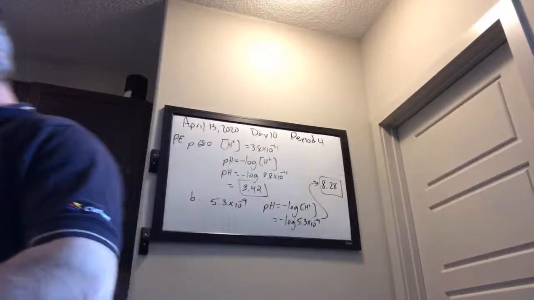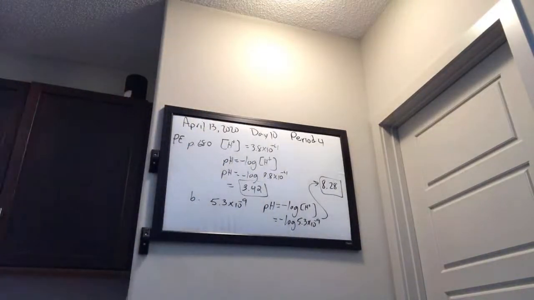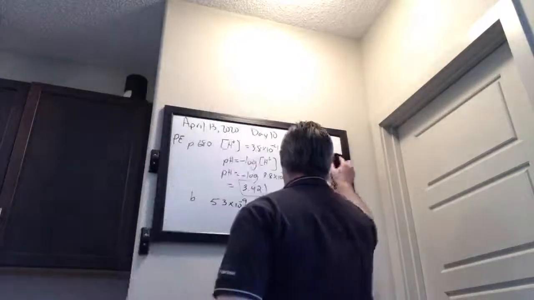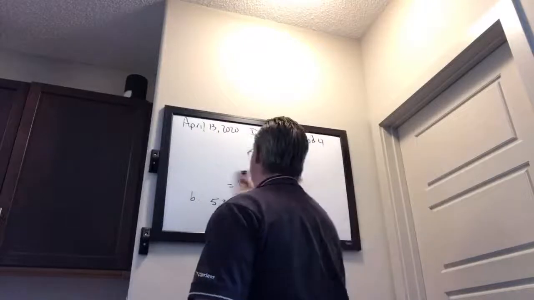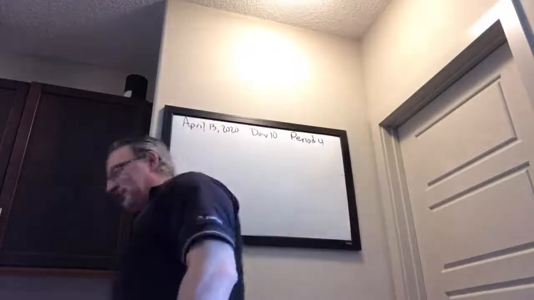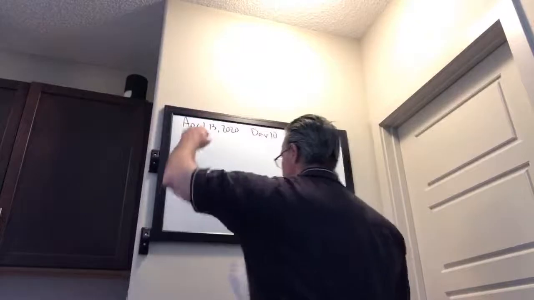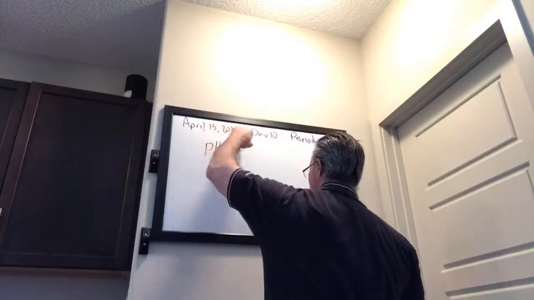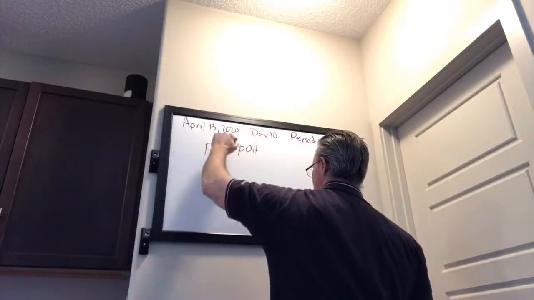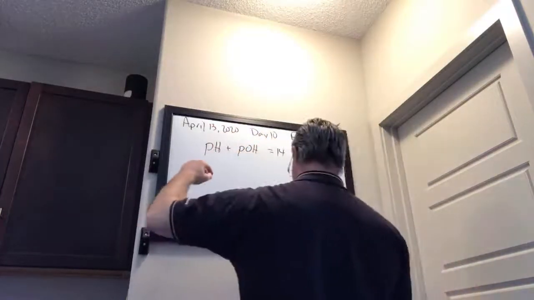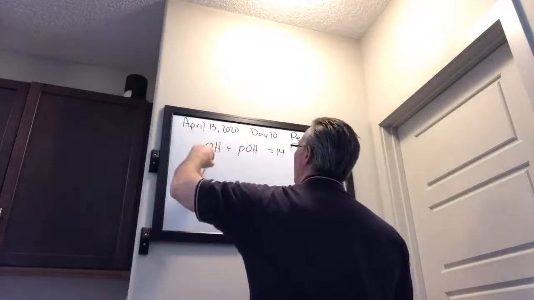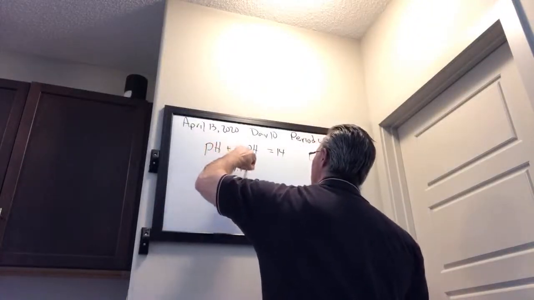On page 681, they say if the pOH for a solution is 3, what is the pH of the solution? Now, pH and pOH are related by this equation. Very easy to remember. The number 14 always comes up. But read the book. pH plus pOH always equals 14. So if they give you the pH, they say the pH is 9.18, then the pOH